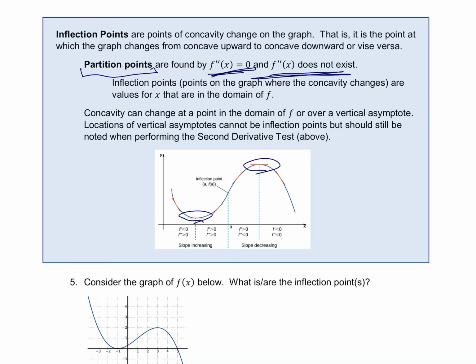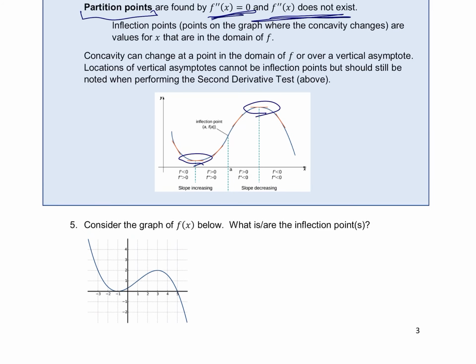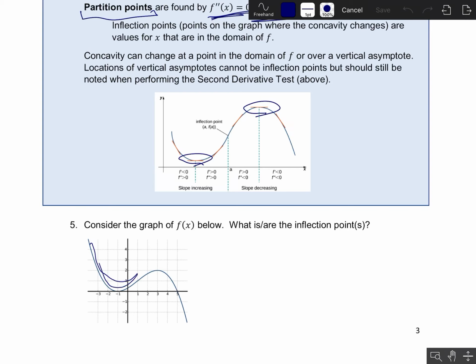Okay, so let's look at the example down here. Example 5 says, consider this graph. What is or are the inflection points? Again, the inflection points are where the concavity actually changes. It looks like the concavity is up on this region roughly, and then the concavity is down on this region roughly. It's a little hard to say, but it looks to me like the concavity probably changes around here. So I would guess that there's an inflection point